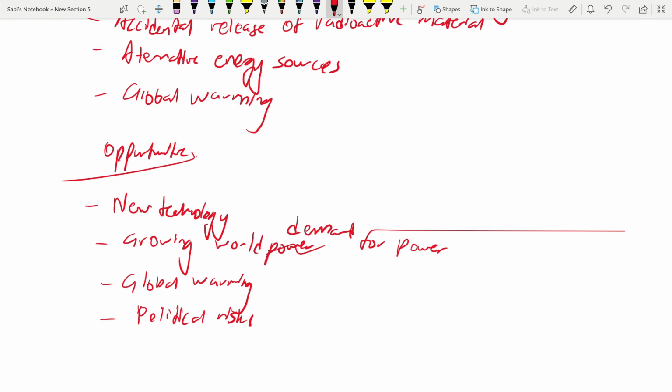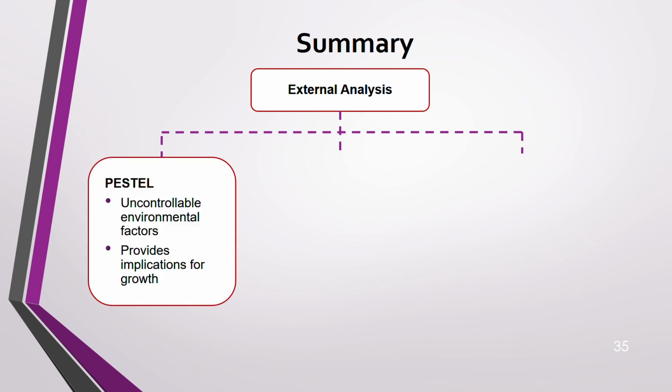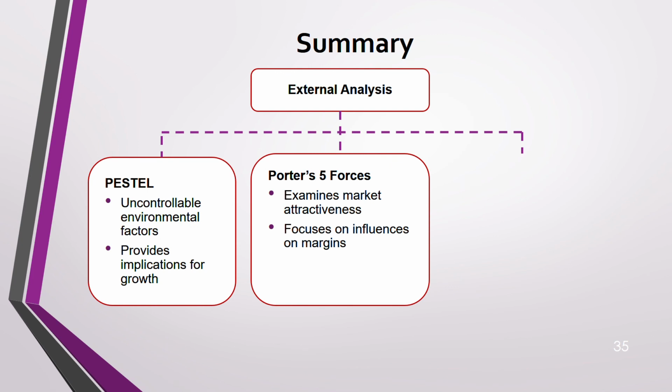And now let us summarize everything that we have discussed in this lecture. So first we started with external analysis. There are three models that we went through. PESTEL. What did PESTEL do? It is an uncontrollable environmental factor. See, in external analysis, everything is uncontrollable, outside the environment. And it provides implications for growth, how much that industry can grow. That's what PESTEL says. Then we moved on to Porter's five forces, which examines your market attractiveness, how attractive the